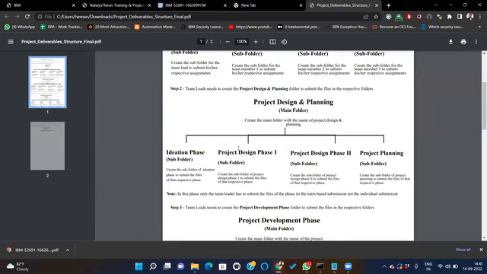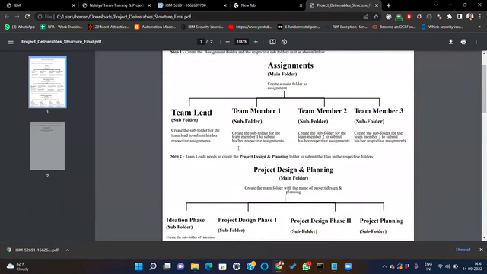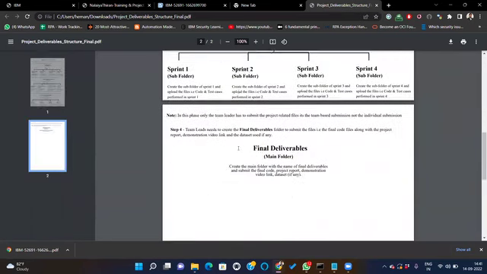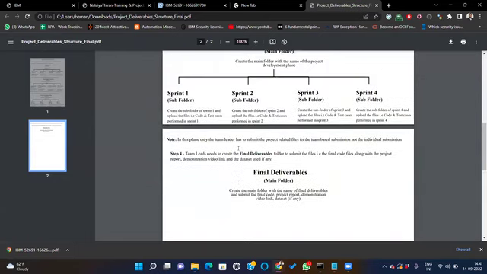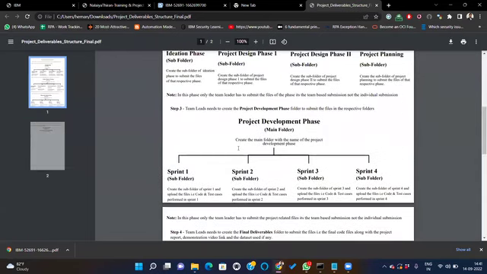That is, anyone from the team can submit. We recommend the team leader to submit, but it is up to you. If a team member wants to submit, then he can submit. But assignments are to be submitted individually. So this is the doc we have shared with all the faculties. We request you to please go through this doc so you will have a clear understanding of this.